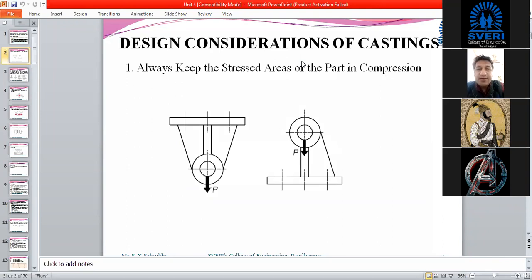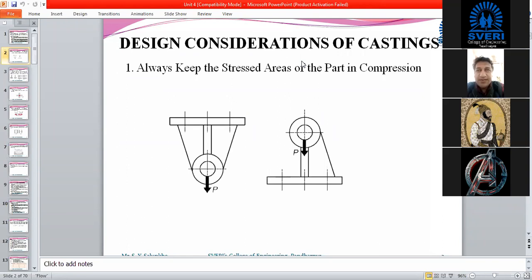So while you are going to design any component, at that time you have to take care of how it will get manufactured. And for that, it is not sufficient that you have calculated dimensions and provided them to the machine shop. Before that, you have to take care that while you are designing, you keep some allowances, like factor of safety, which is essential.